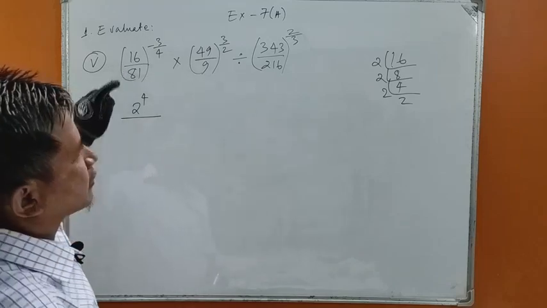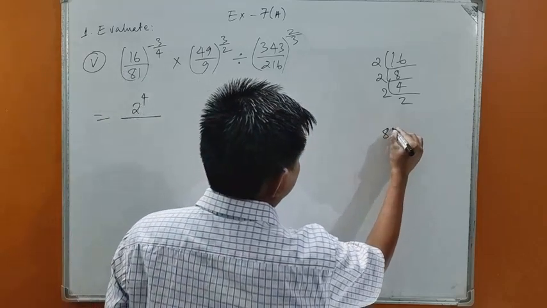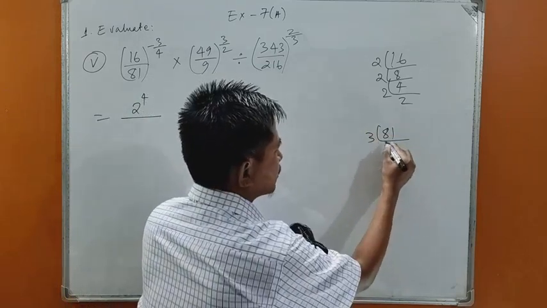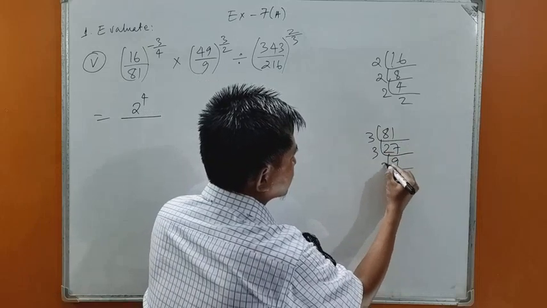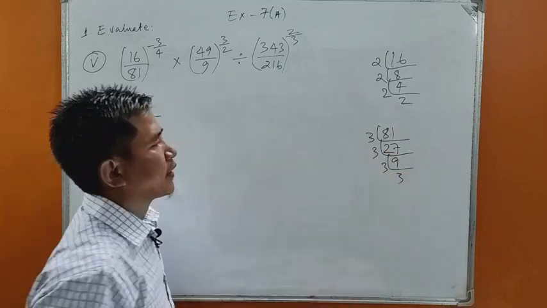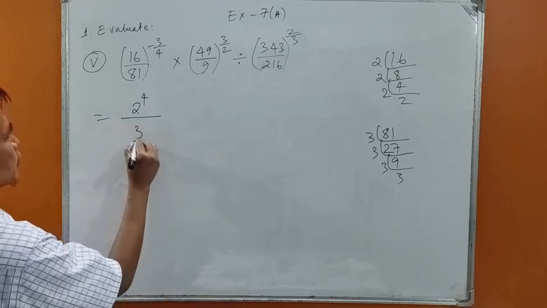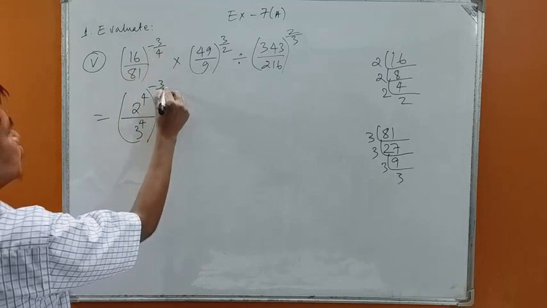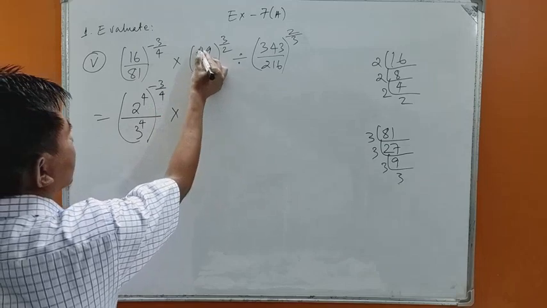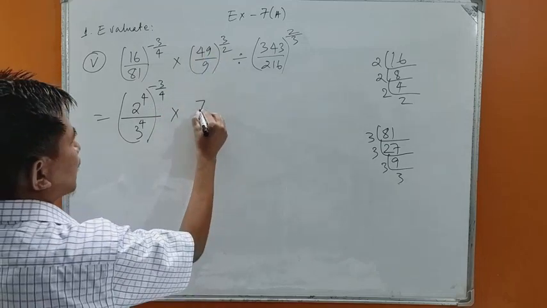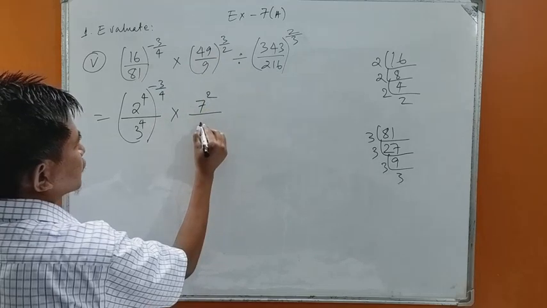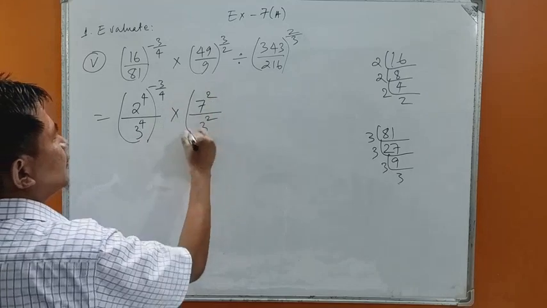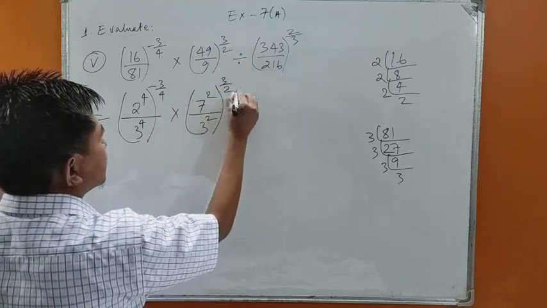This is 81. 81 means 3 raised to power 4. 3 2s are 6, 3 7s are 21, 3 9s are 27, 3 3s are 9. 3 multiplied 4 times gives us 81. So 81 means 3 to the power 4, whole to the power minus 3 upon 4, isn't it? Minus 3 upon 4 into 49, which means 7 7s are 49. That means 7 squared. So 9 means 3 squared, 3 3s are 9, whole to the power 3 upon 2 divided by